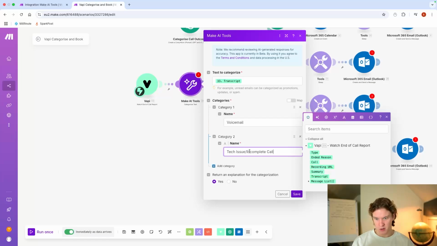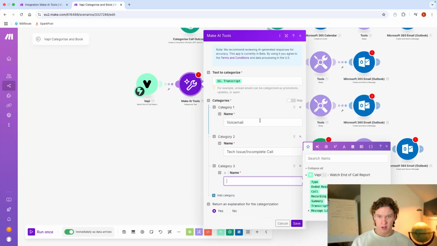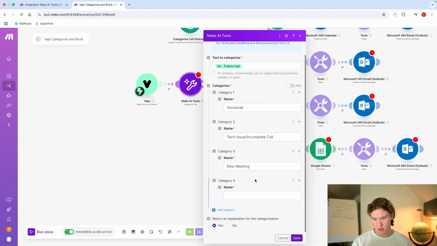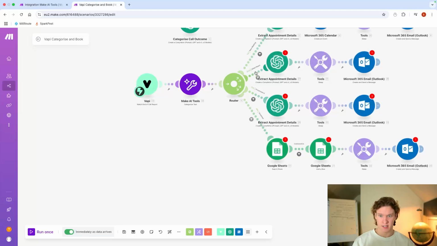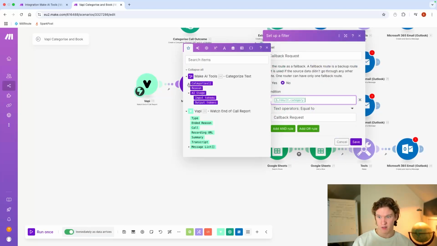An incomplete call. What else was there? Was it a new meeting or was it a callback request? And now it will just take that really quickly, categorize it, and I just change this to whatever category came